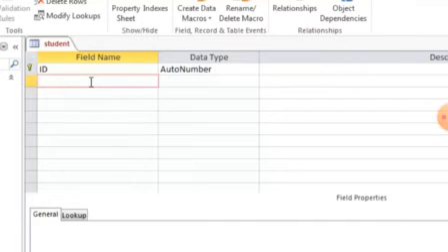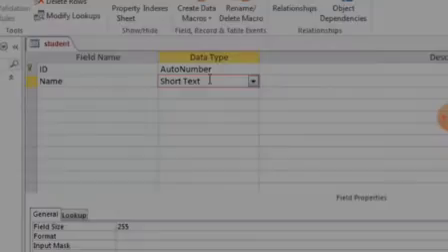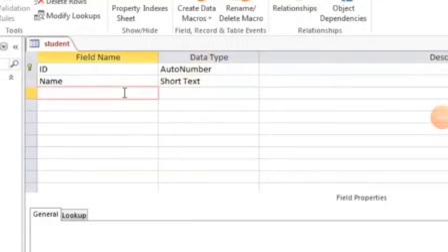Now the various objects of MS Access database are tables, queries, forms, and reports. Tables. A table is a collection of related information; raw data in a database is stored in the form of logically related tables.